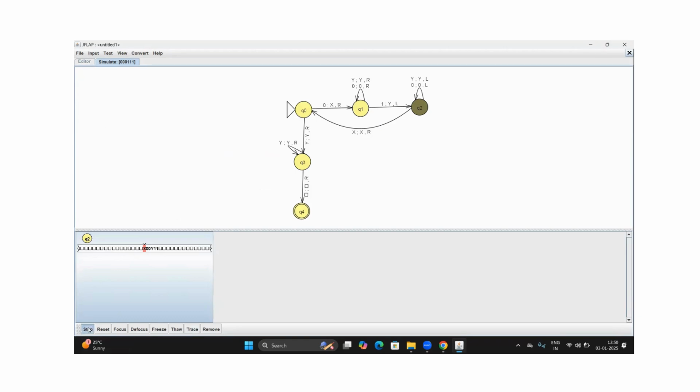Now the 0 will be replaced with x here. Then we are moving to the right. The 0 and y will be passed with state q1. Then we have got the input symbol 1, which will be replaced with y, and we are moving to the left. The input symbols we are having are y and then 0, which will be passed. And then we are having the input symbol x, which takes the state from q2 to q0,